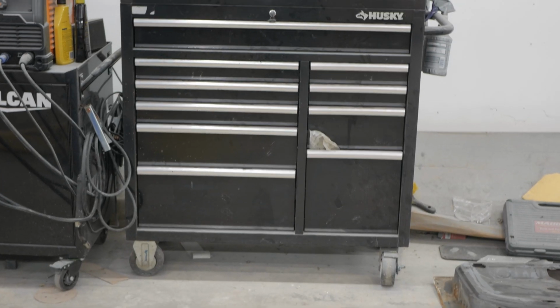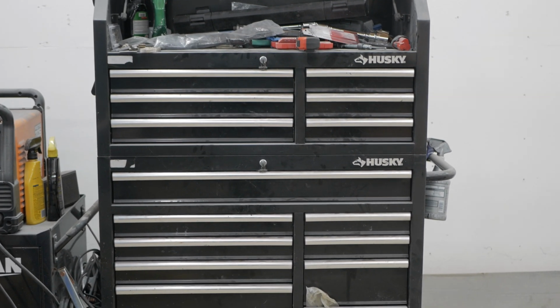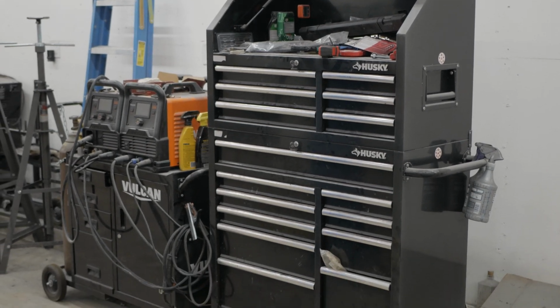Now, to follow that question up with how I got started in all this, it all started with the Husky toolbox. I had a bunch of mismatched tools that I was doing some jobs with for myself, and then I got the bright idea that I could maybe do some stuff for other people, maybe charge a little bit more money on my days off and make a little bit of side money helping somebody else get their project on the road, and then I could buy a toolbox and organize my tools. Obviously, that went and got way out of control. So we're here to the point to where that small decision to do an engine swap or rebuild an engine for somebody and make a couple $100 at the time to buy a $500 to $600 toolbox has led to